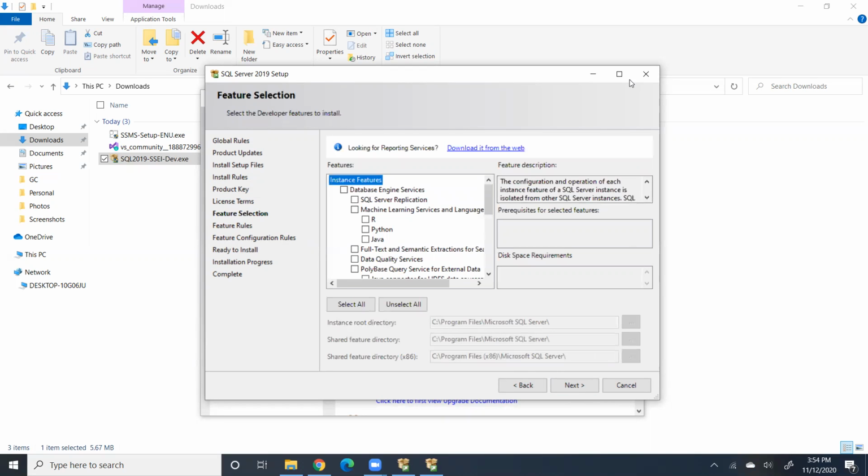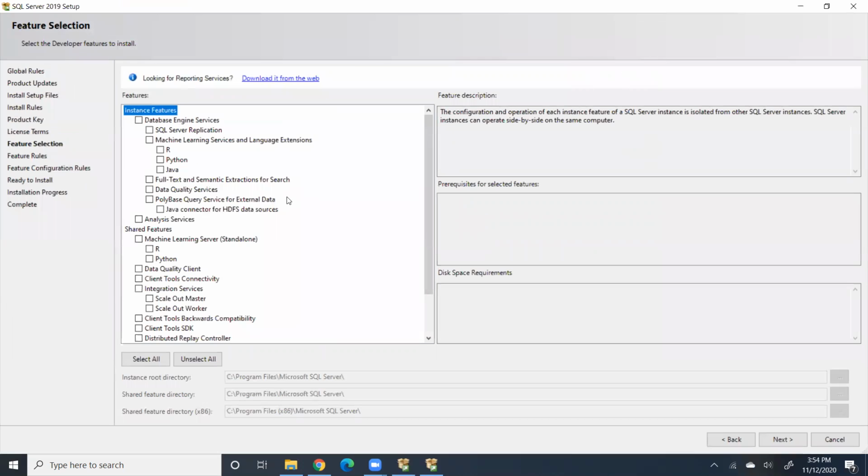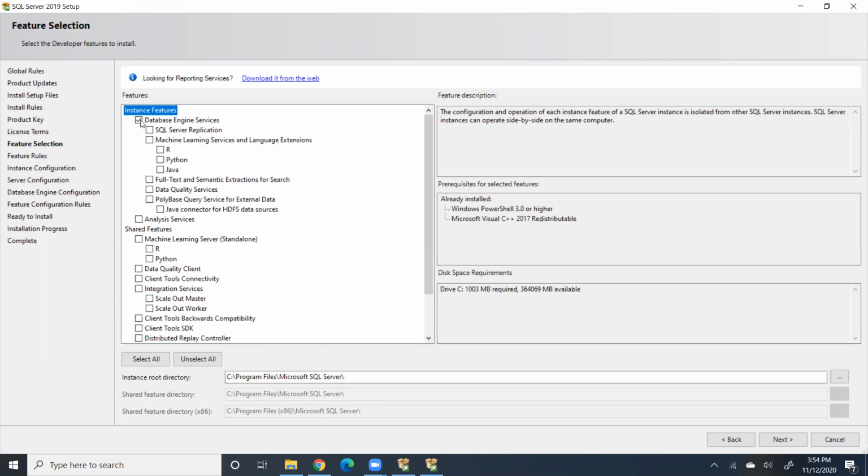Once we are here, we need to select whatever features are required for our installation. I will select Database Engine. We don't need machine learning, R, Python, Java, because we're not going to work with them. We're not going to work with Analysis Services. Definitely I need Integration Services, as I'm going to work with Integration Services here. And after that,